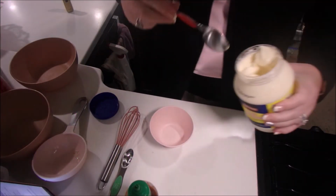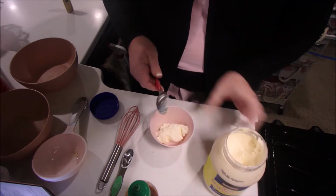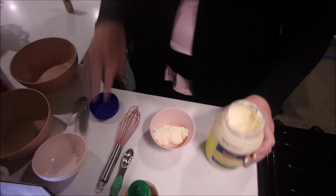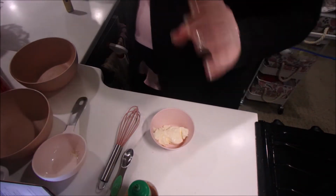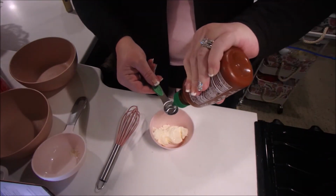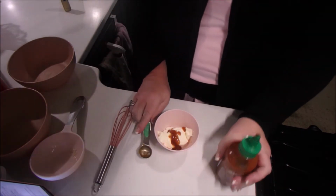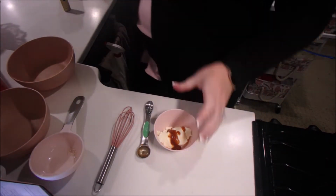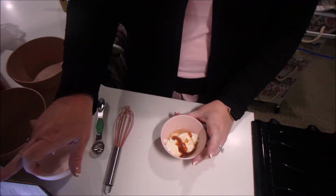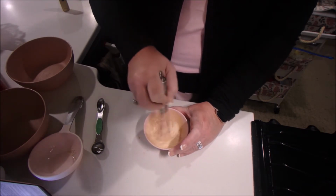So I'd heard about Pokeballs on Pinterest. It is basically a deconstructed sushi roll, and most of which have sushi ingredients, which we are not fans of. But if you like that kind of thing, there are plenty of those types of Pokeballs on Pinterest. So the first thing basically is just to get all your ingredients ready, and for the shrimp bowl you make